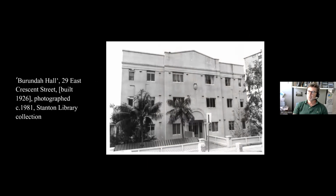Close by, these ones were built. So East Crescent Street, here's Brundar Hall. It's a vaguely classical styling. You've got some Tuscan columns there, a classical parapet, still standing, I think, at 29 East Crescent. This photograph, 1981, dates it to the first